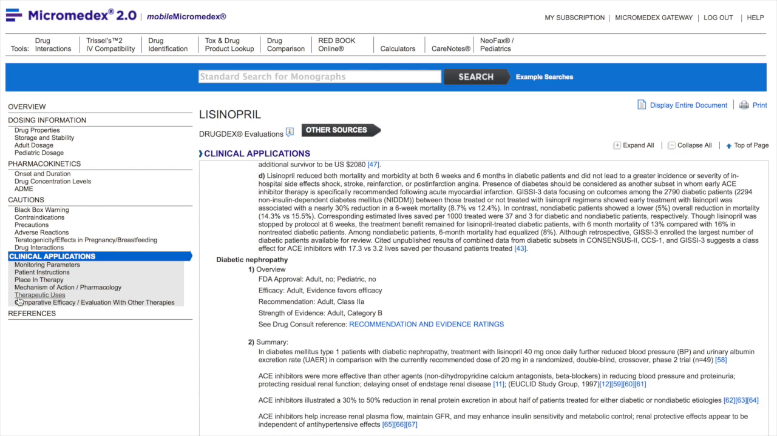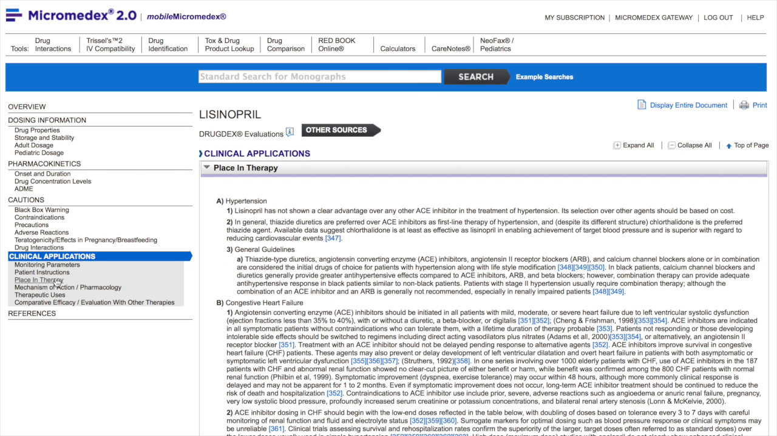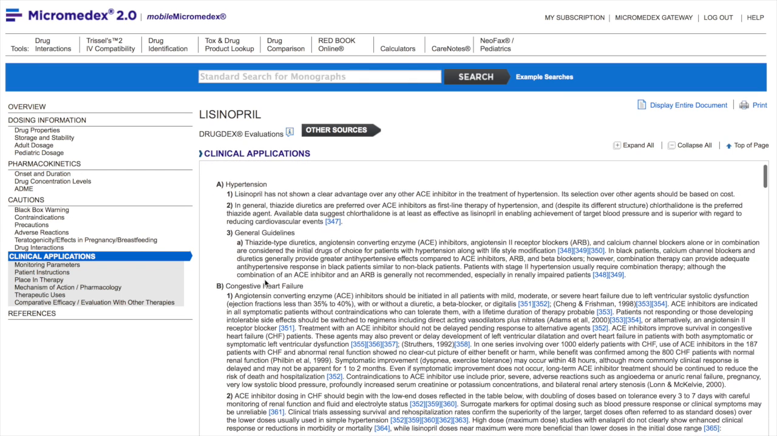The other section I like here is this place in therapy. That will tell you how lisinopril fits within the class of drugs to treat certain diseases, like hypertension or congestive heart failure. Lastly, I recommend to my students to display the entire document if you're searching for something